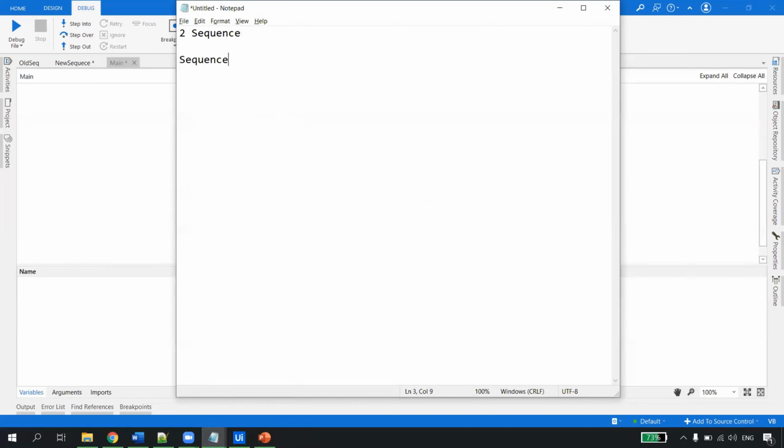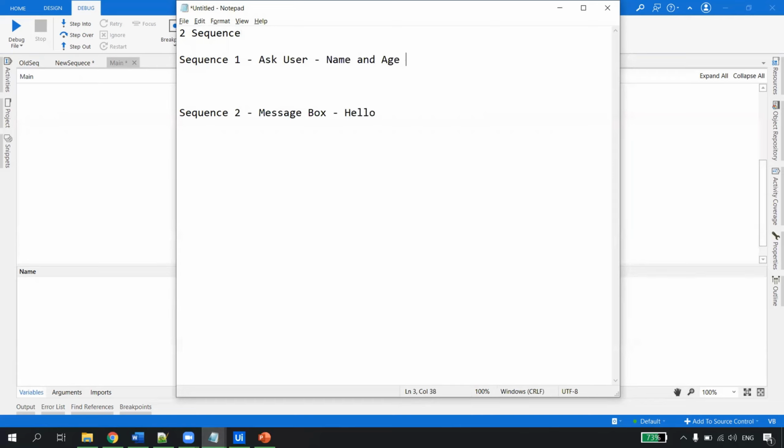In sequence one, you will ask the user for the name and age. And in sequence two, you will have a message box that will say hello and whatever the name is.